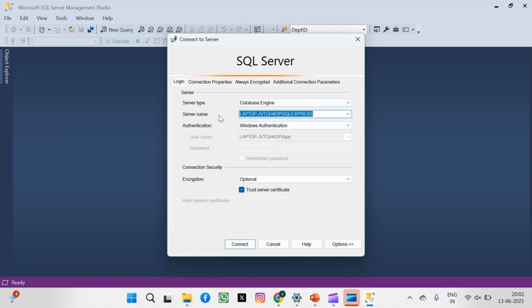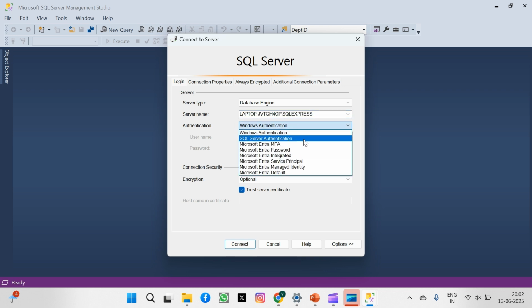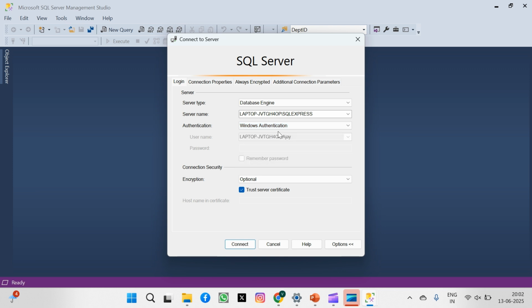So this is your instance name. Like for my system, this is the instance name, and there are two types of authentication: Windows authentication and SQL Server authentication. Based on what type of users you have created, you can log in using these. If the connection fails, make sure